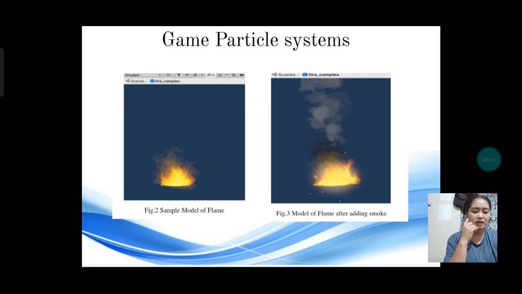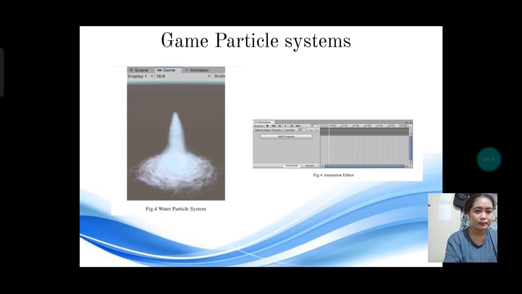One of the important steps is to turn on the gravity module. When we're finished, we will get the water model shown in the water particle system.